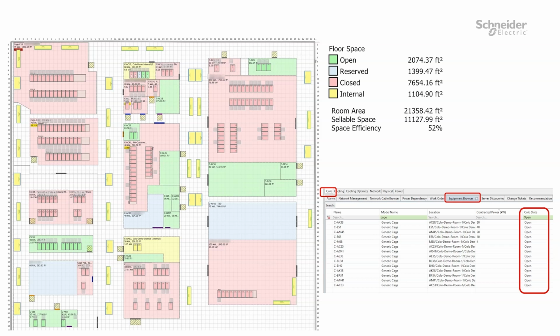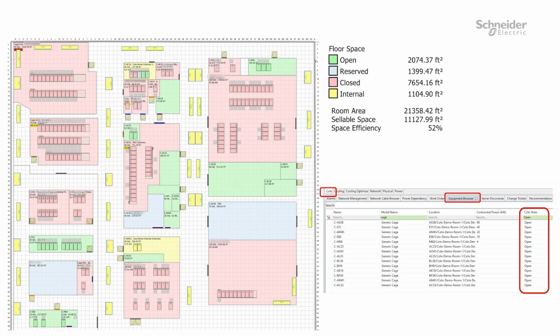In this video, we're going to look at the use case specifically applying to colo providers who need to find a place within the data center for a potential client. This video is going to demonstrate how a user is able to utilize the EcoStruxure ITA platform to locate a cage space within the data center environment that is currently available and has the right amount of space for their